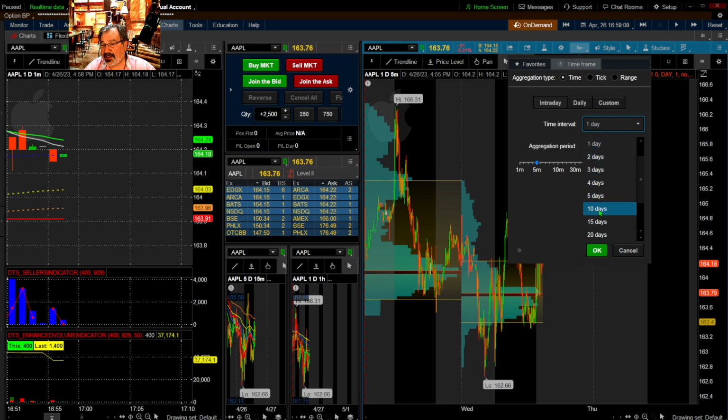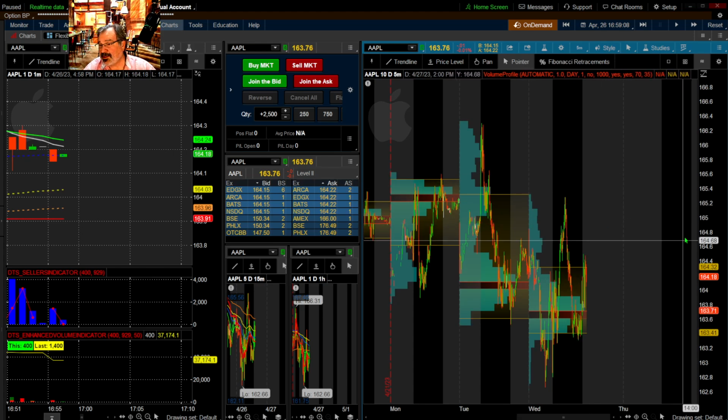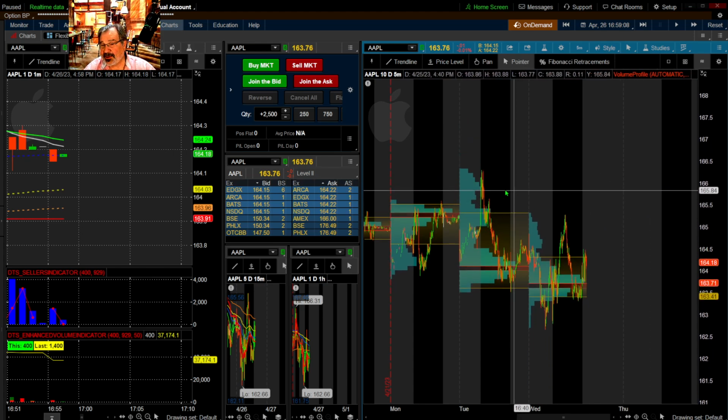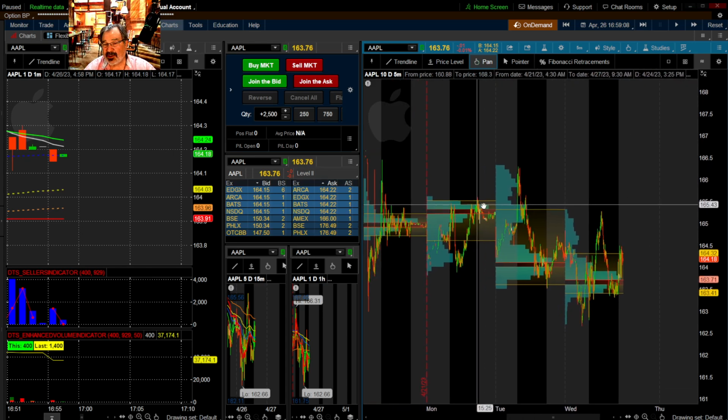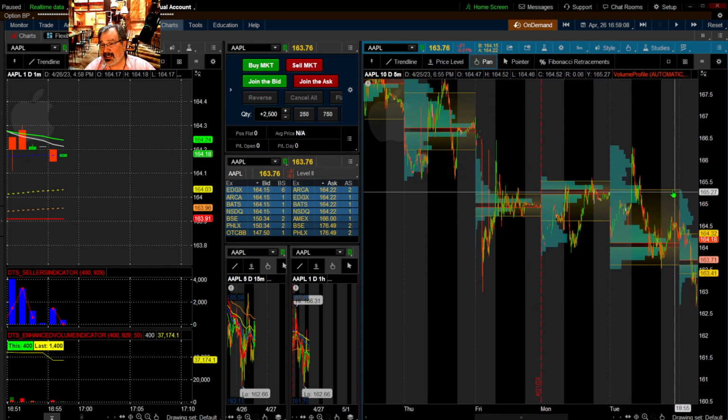I'm going to set it for 10 days now that I've got it up. Now what you're seeing here is, and this is a little confusing at first, so I'm going to go over this. This is showing you each individual day where the volume was at, rather than cumulatively kind of correcting it. Because if you're a day trader,